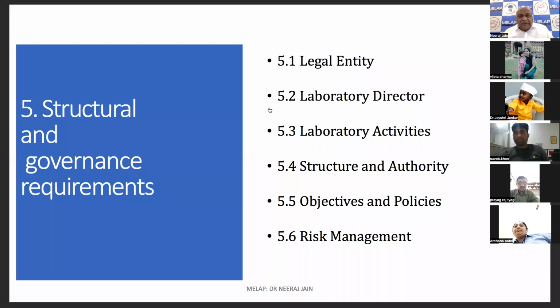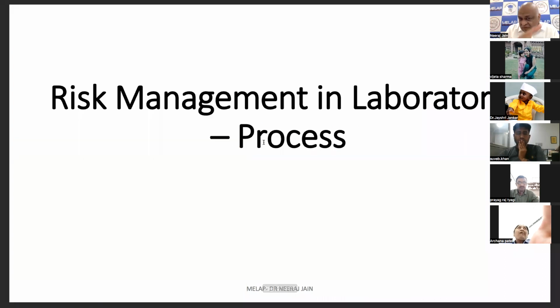Right? Then there is risk management. Now the standard is emphasizing this risk management at many places. Quality indicators is 8.8.2. Now they are talking about risk management at many places. In this 5.6, in the beginning, what the standard is saying: you shall have a process for this risk management. And what is the meaning of this process?